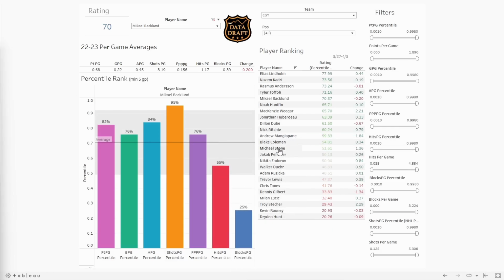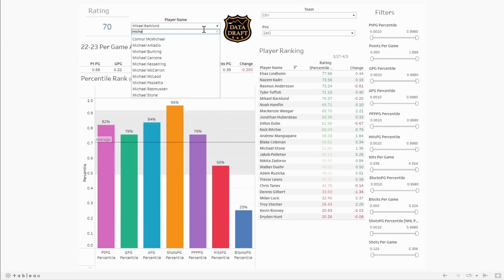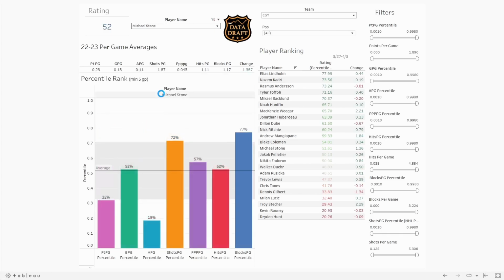Michael Stone. This was a conversation I had with Fantasy Puck earlier in the season, and I mentioned him in some of the preseason videos in terms of his goal production being ridiculous. It hasn't been that way this year because he hasn't played a ton of games, but for whatever reason, he does score on a high percentage of his shots. Not sure what it is. He obviously has a bomb, but it's also very accurate. So you're going to mainly own him for